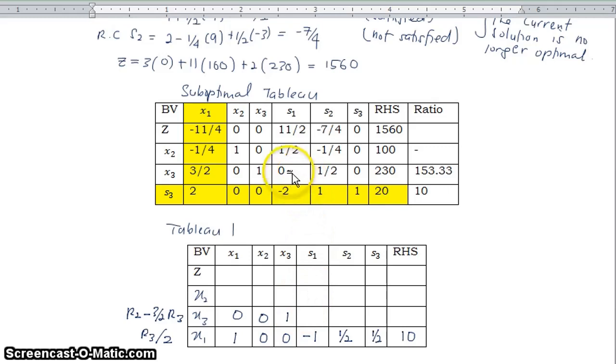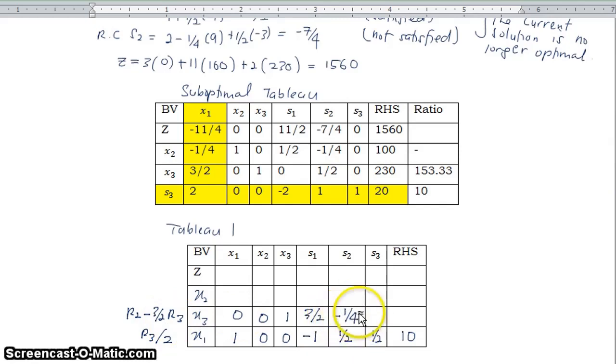As for S1, 0 minus 3/2 times negative 1, we get 3/2. And for S2, 1/2 minus 3/2 times 1/2,